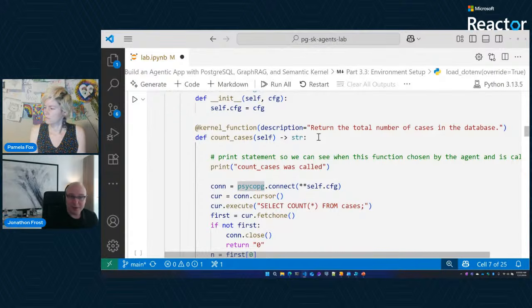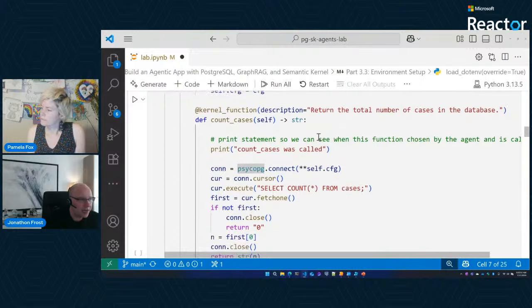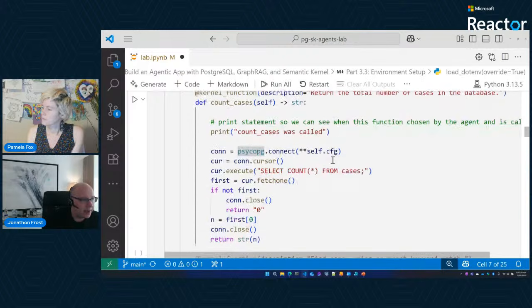As Pamela was showing, we have 377 cases in this data set. This is just an example where you can have a very concrete query be a function. If you have something very specific that you know you're going to want to retrieve, you can write that as a direct query and have that as a function.